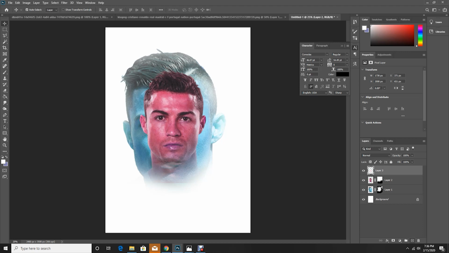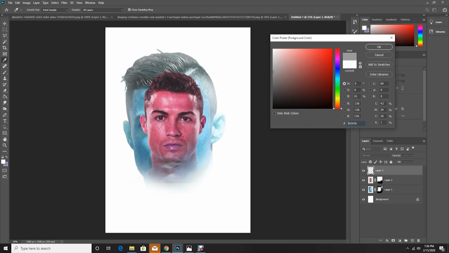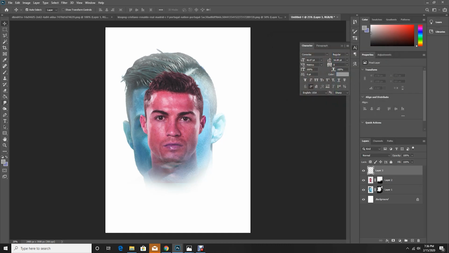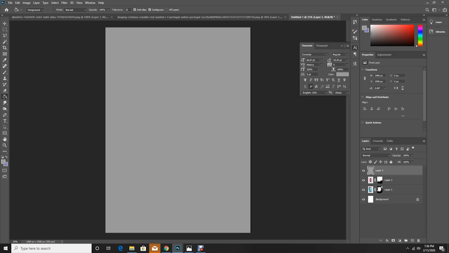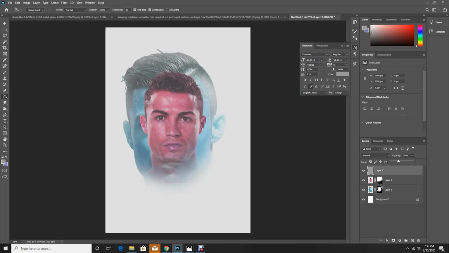Now let's create a new layer and let's fill it with some gray color. And let's turn the opacity down to 40, 39, 40, or maybe a little down. Okay, I think like 24 looks good to me. Alright,